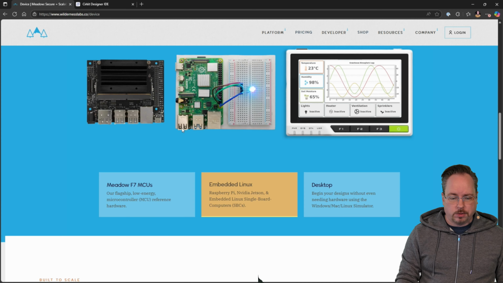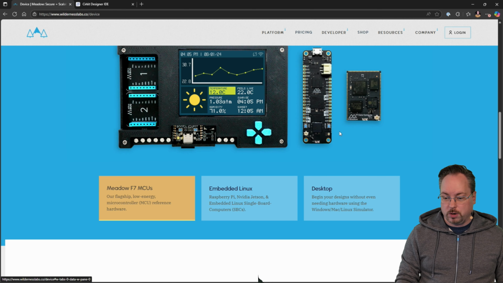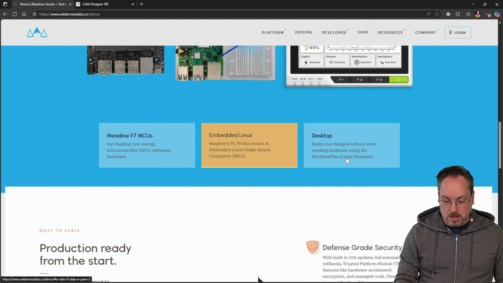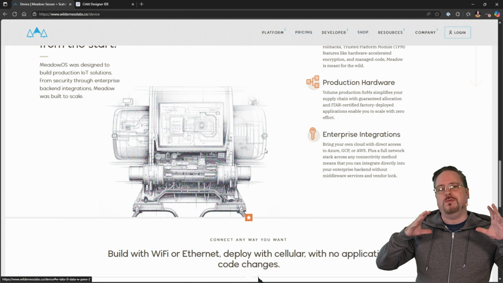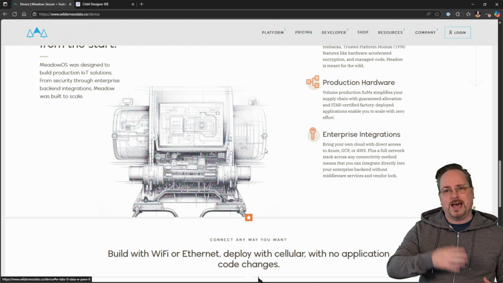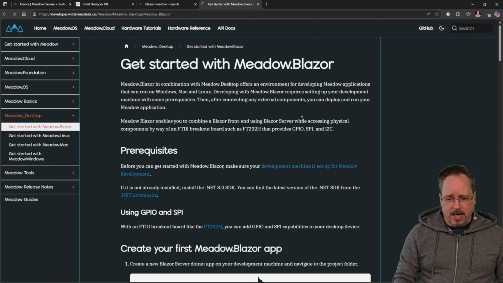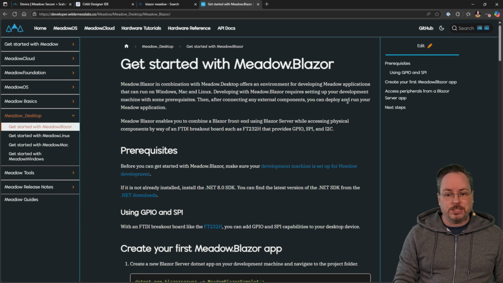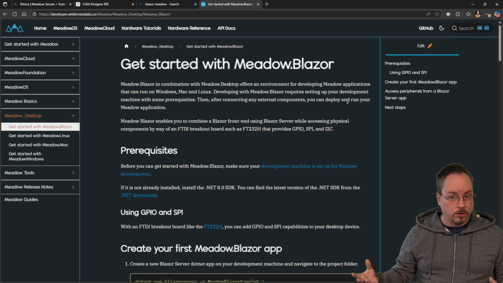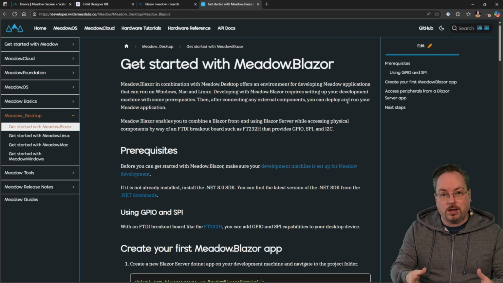So if we scroll down here, we see that we have the Meadow F7, which is this board here, I believe. And we're going to take a look at that in a future video as well. But they also have all of these really nice C# code that can communicate with other things. And one of the latest things that they have is Meadow.Blazor. So that means that we can use Blazor, or Blazor Server in this case, to communicate with, using their libraries,